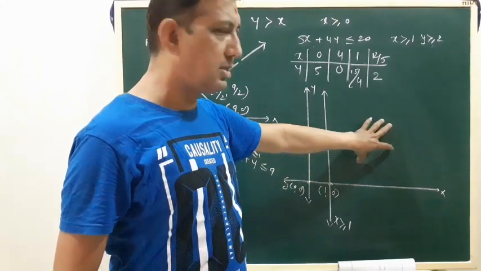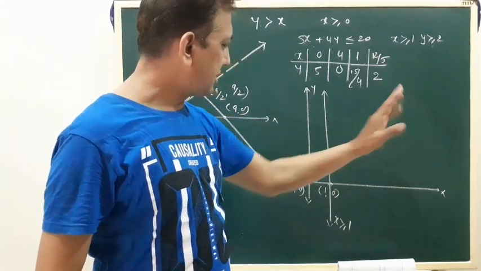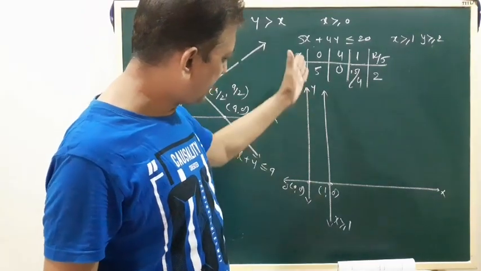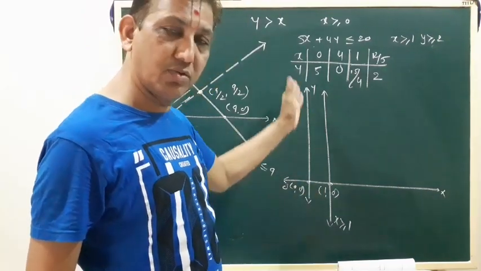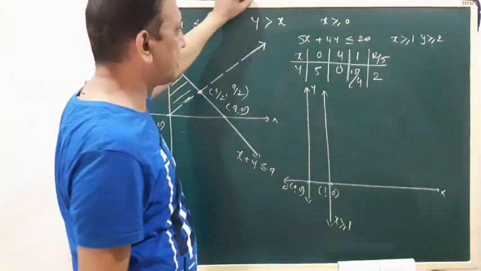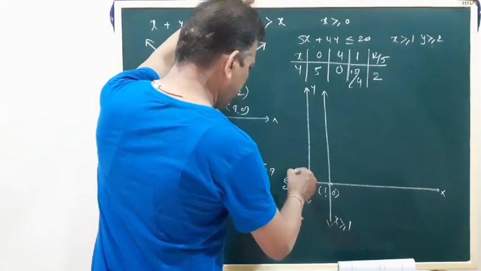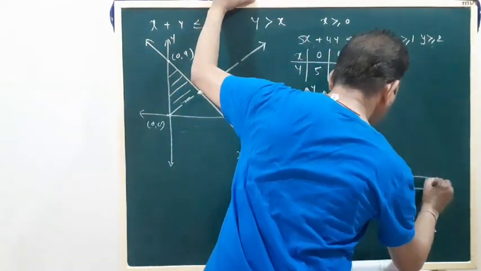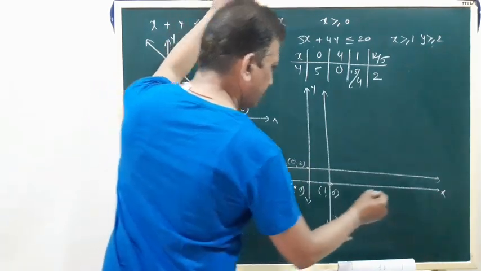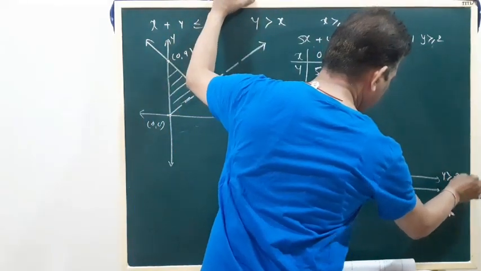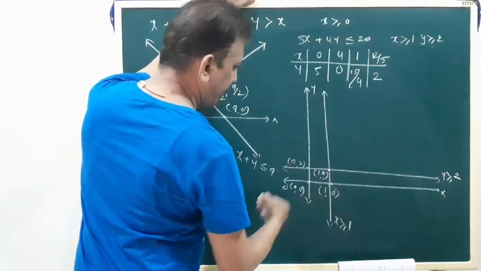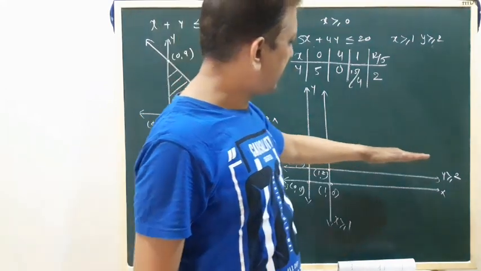And you take the point here. So x is greater than 1. If you select a point on the line x equal to 1, you can go to the right side. So x greater than 1. Now y greater than or equal to 2, through (0, 2). So the common point of these two lines is (1, 2).